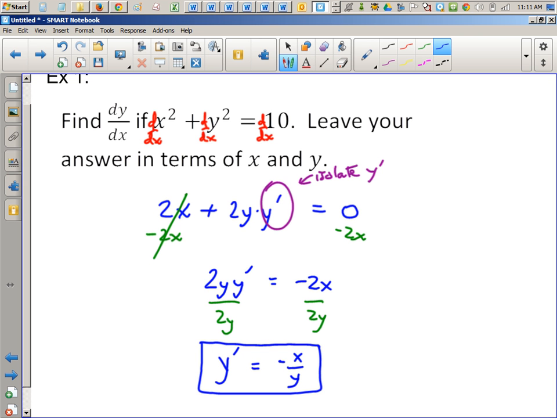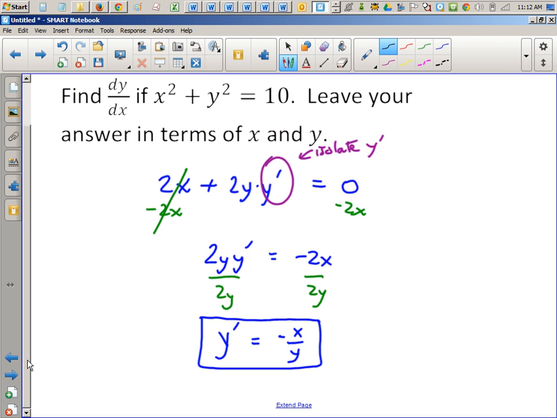Here's what's going on. We're too lazy to isolate y. Okay? So our dy/dx has y's in it. But that's okay, because if I ask you to find the slope, let's carry on with this problem. We'll do like a part B. Find the slope at 6, 8. Or let's do the slope at,